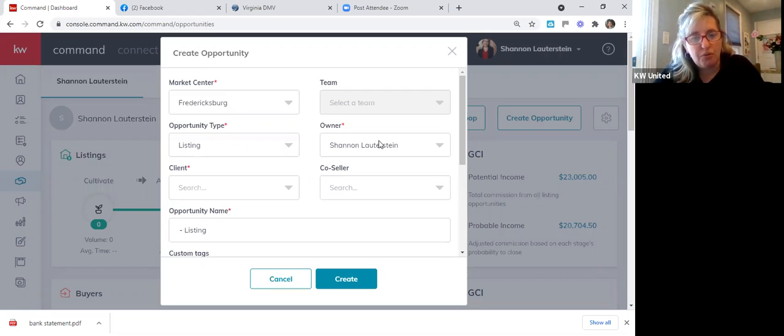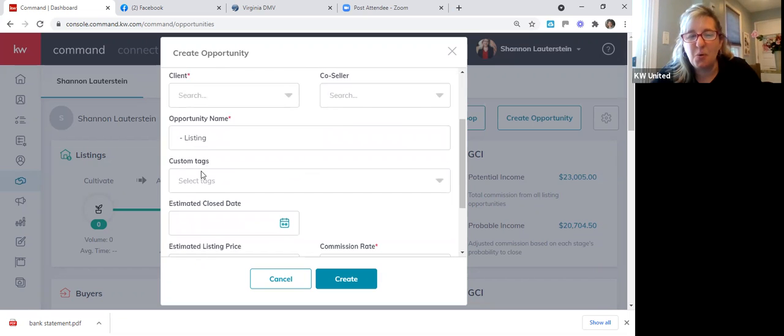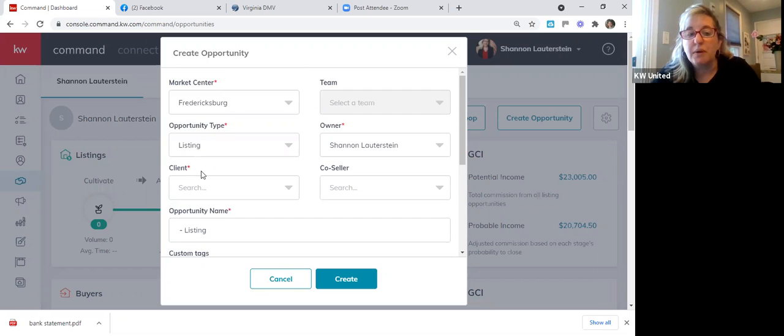you then are the owner of the opportunity, and someone else on your team may be assigned to work with that client. They would be the assignee, which means both of you would have access to work inside the opportunity. Anything that has a red asterisk here is something that's required to be filled in before you go to the next page. If you don't have it filled in, then it's not going to let you go any further. So before we continue on this, I want to go back and show the second way that you can